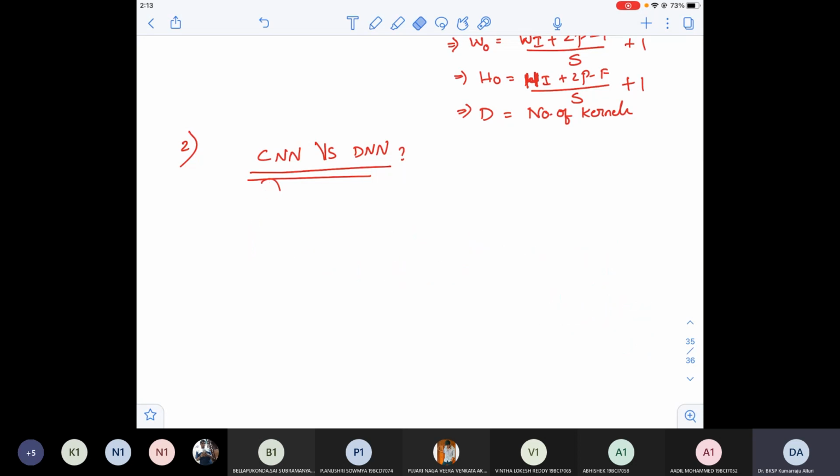But the thing is, can I draw a deep neural network to represent the CNN operation? Again, I'm repeating. Can I draw a deep neural network such that it actually represents the operation of CNN, whatever convolution operation we have done? Now, slowly we are trying to build the convolutional neural network with the help of a deep neural network. Okay, now let us see that.